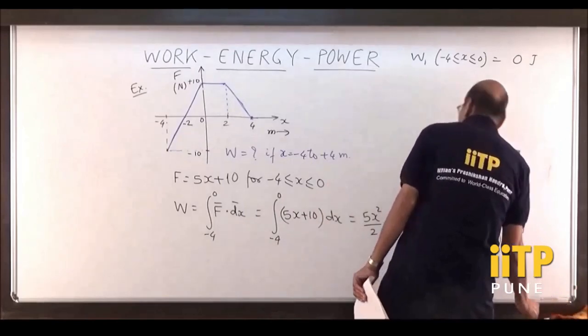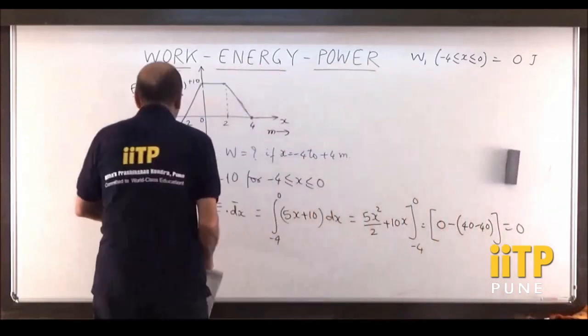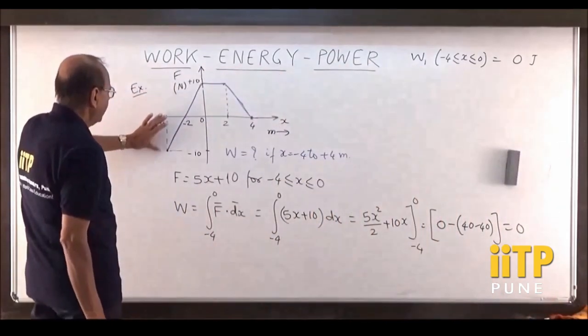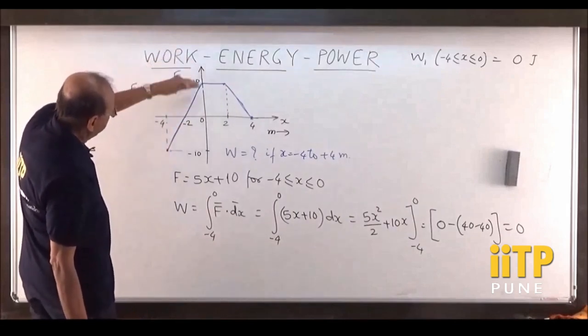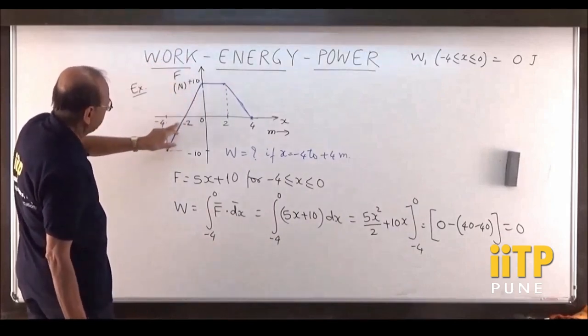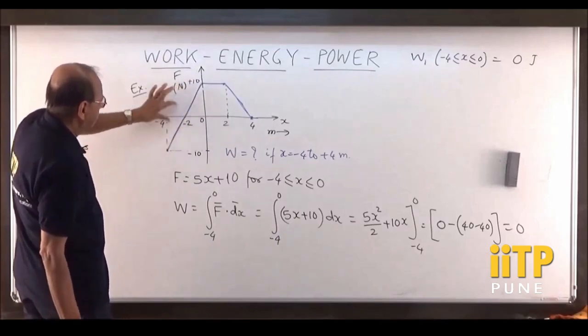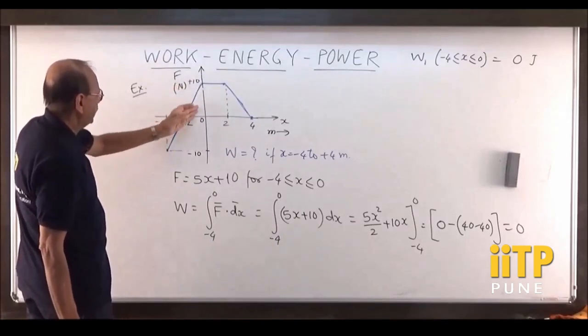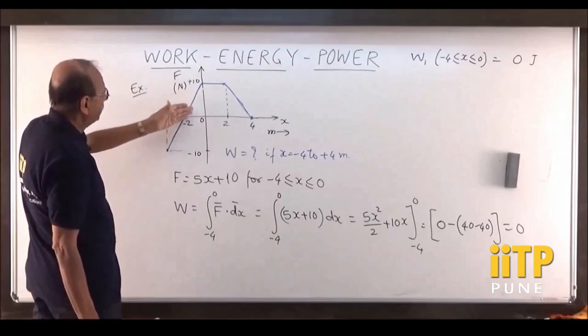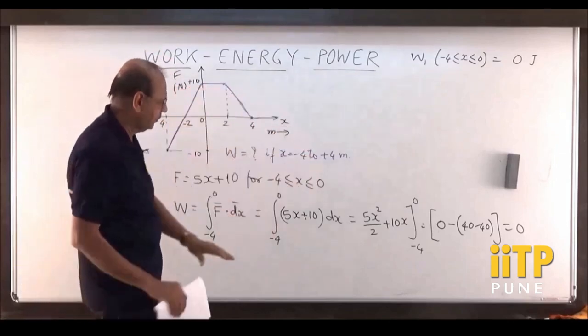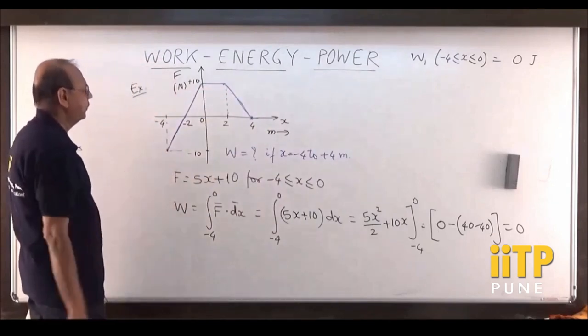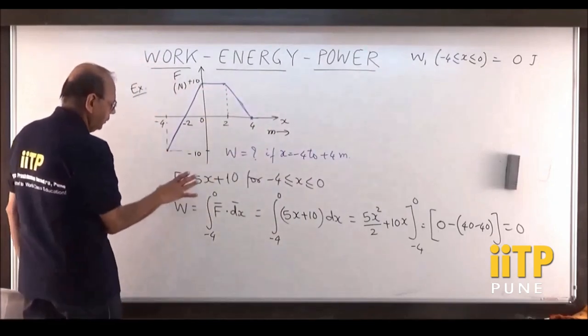The reason is, if you remember that the work done is area under the curve, naturally area under this curve is negative, plus side, this is positive. Both the triangles are similar and equal, congruent in a way, so their areas are equal, minus plus will cancel. My answer has to be 0. Without doing anything, I could have got the answer 0. But just to demonstrate to you our method, we thought that let us do it.